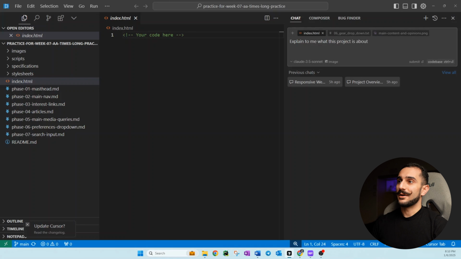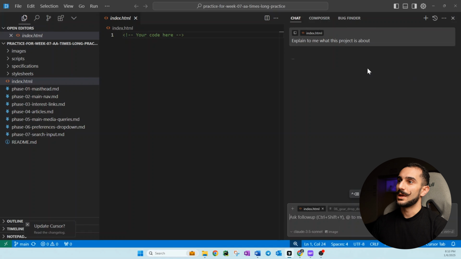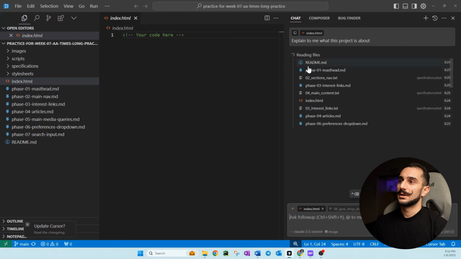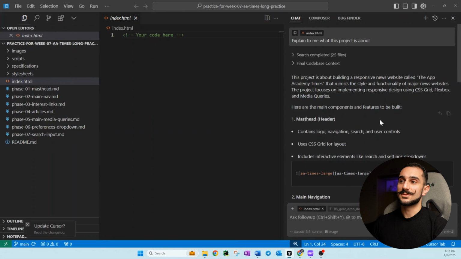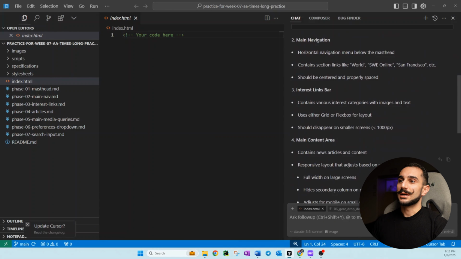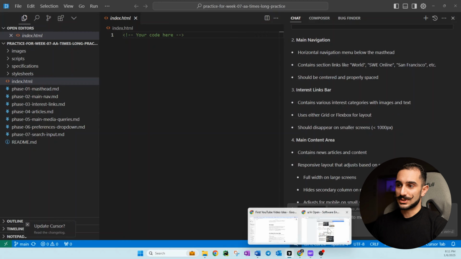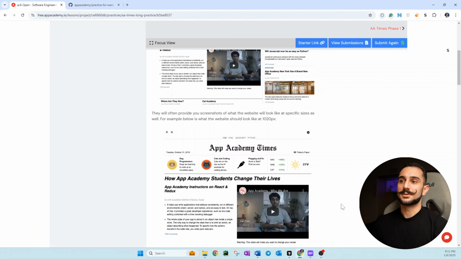And to have the context fed into Cursor, you can just click on code and it will start learning the whole structure of the project. And it gives you the same explanation of the App Academy page actually, which is here.